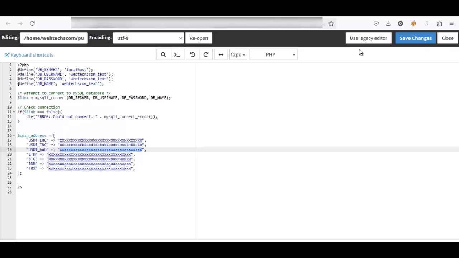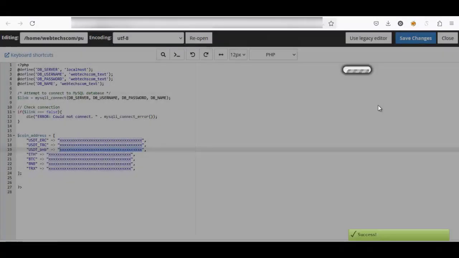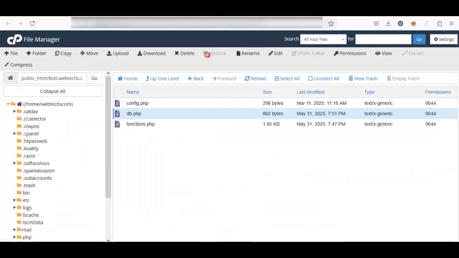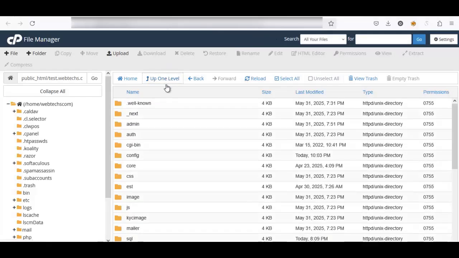Alright, so once you have done that, don't forget to click on save changes right here. Save changes, or else that will not work. Alright, once you have done that, the next thing to do now is to download our SQL file. Go back and